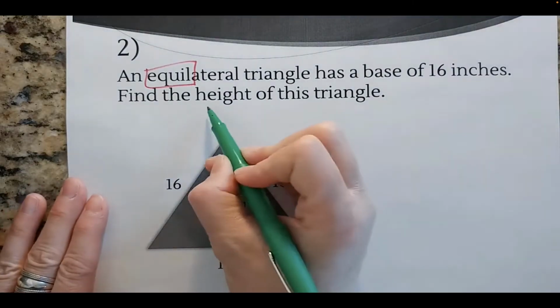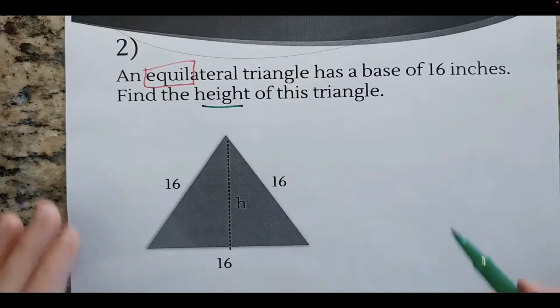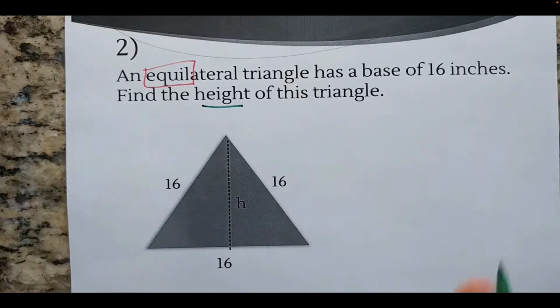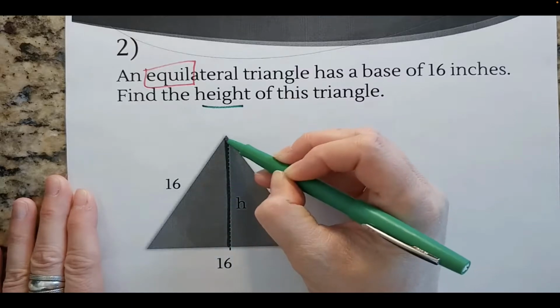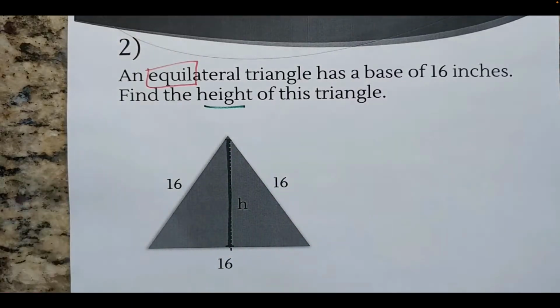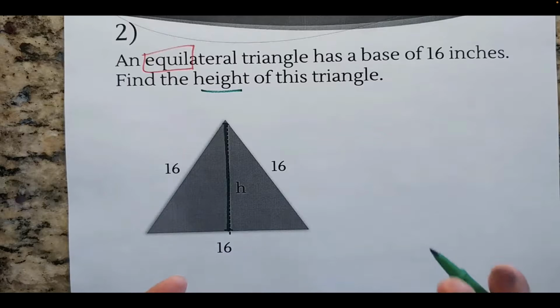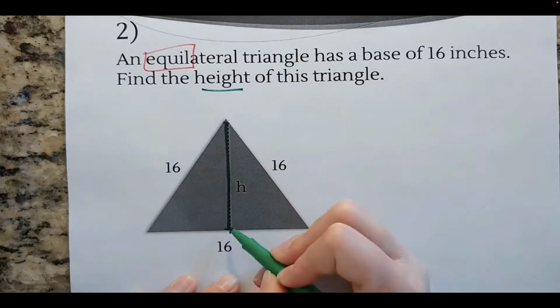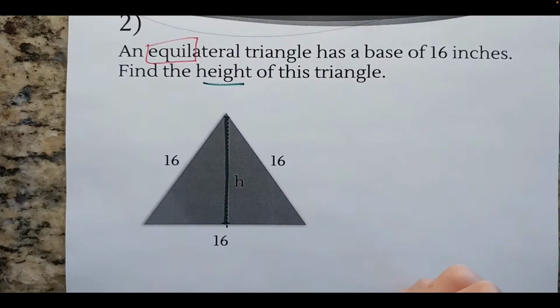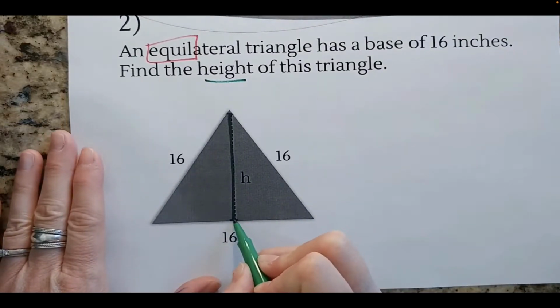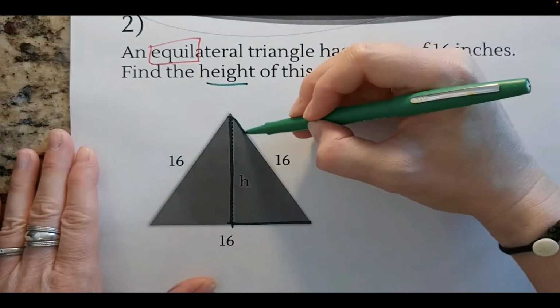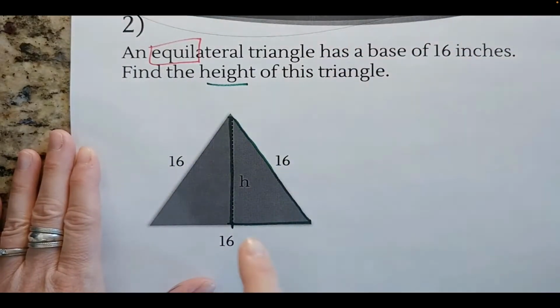We're asked to find the height of the triangle. Remember, if you're trying to measure height, you're straight up and down. So that would be this part right here. Straight up and down, how high is this triangle? Well, I could figure out the height of the triangle by using the Pythagorean theorem. But remember, the Pythagorean theorem only works with right triangles. So what I would have to do is to create a right triangle that has the height in it right